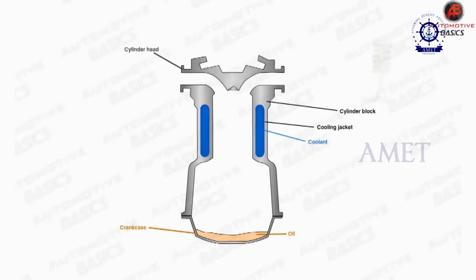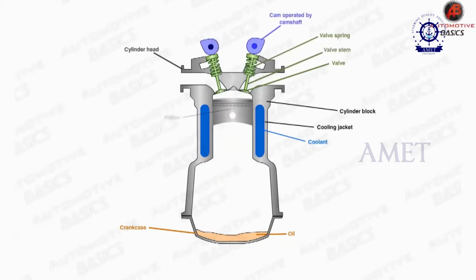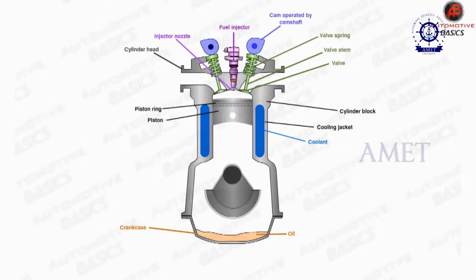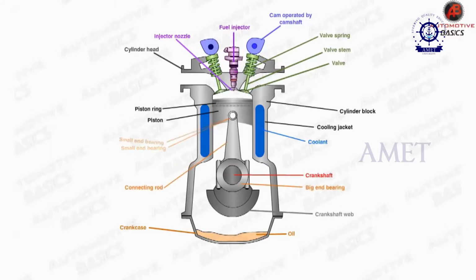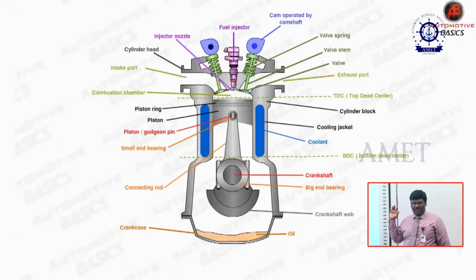You can see here a cylinder, and inside the cylinder you can see a piston arrangement. The piston is connected to the crankshaft by means of a connecting rod. On the top of the engine cylinder you have two valves. One valve is the inlet valve and the other is the exhaust valve. Above the valves you can see a cam, which is used for controlling the opening and closing of the valves. The cam at the inlet valve opens and closes the inlet valve, and the cam at the exhaust valve opens and closes the exhaust valve.